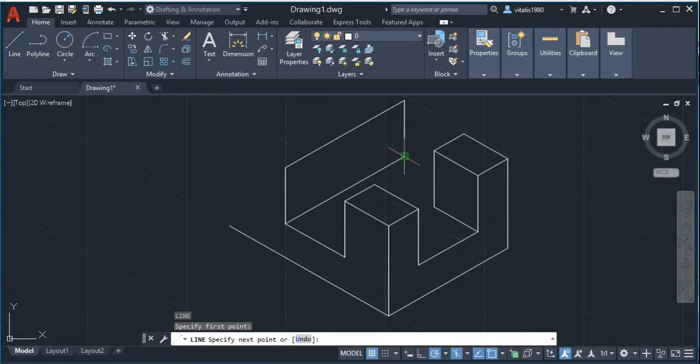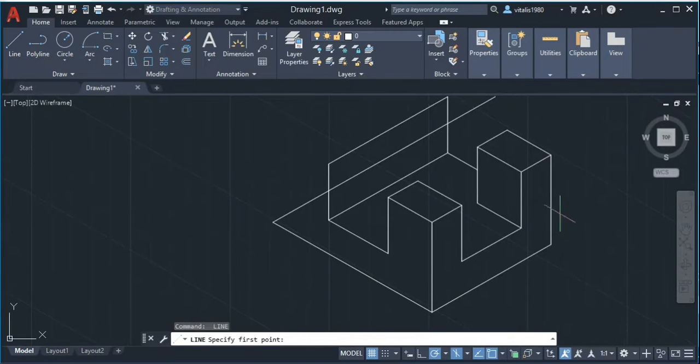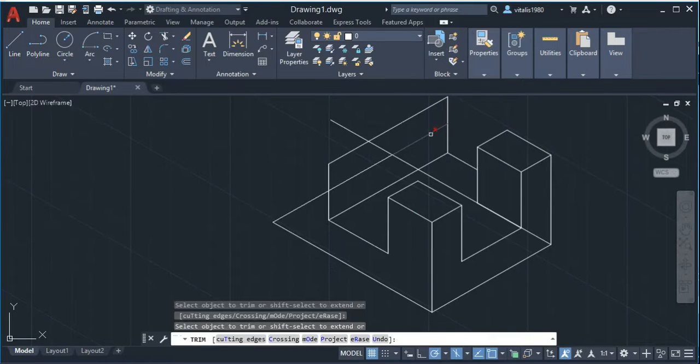and then move this to the intersection. And I'll draw a line from here across, then draw a line from here across, right? Then I'll trim off here,